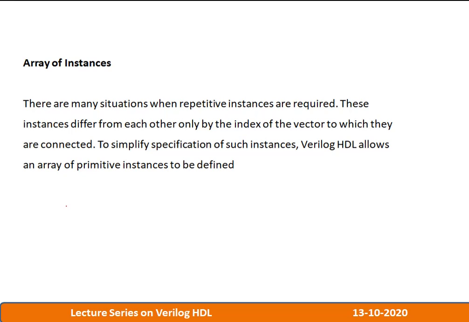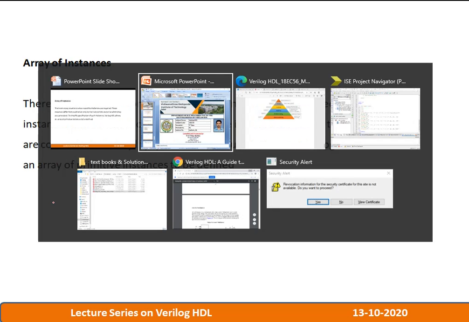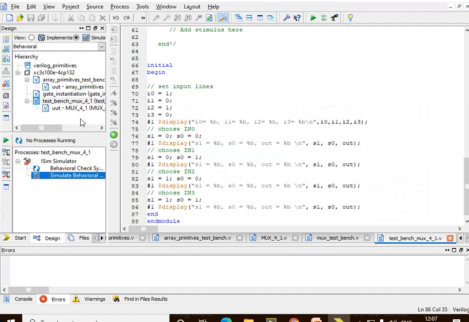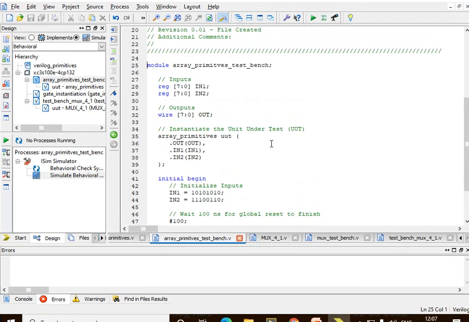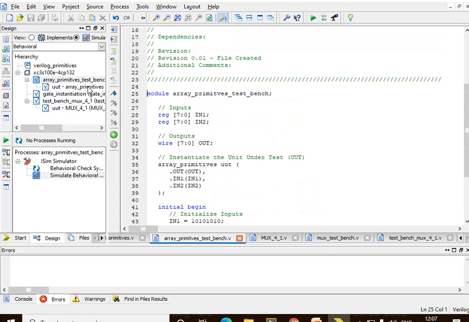Now to simplify specification of such instances, Verilog HDL allows an array of primitive instances to be defined. How we are going to define and how we are going to use that, we will see in the form of simulation. So let me quickly go to the simulation window. I have opened up this particular Xilinx setup over here. Now here is my Verilog primitive